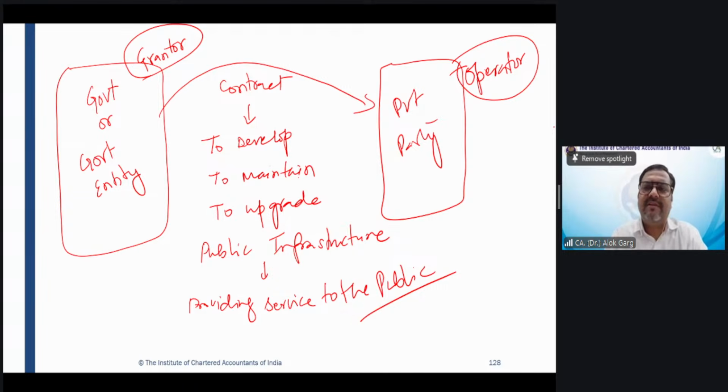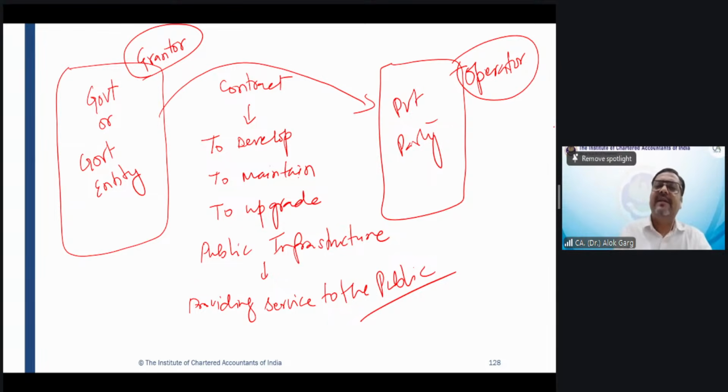So is this infrastructure in the control of Adani or of the government? It is not in the control of Adani, it is in the control of the government. That is why Adani will not capitalize property, plant and equipment. Adani has spent thousands of crores in building the airport, but the airport does not belong to Adani. Adani has constructed, built and will manage it, but will not recognize property, plant and equipment because the control does not belong to Adani. The road, airport, runway and building belong to the government.